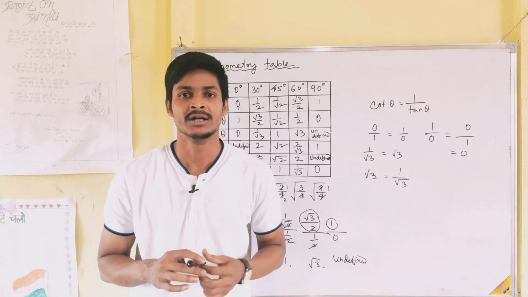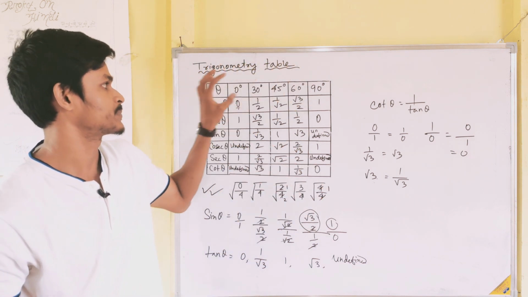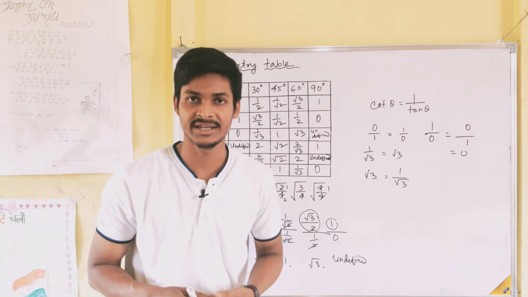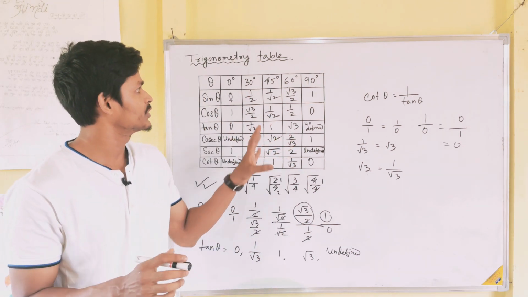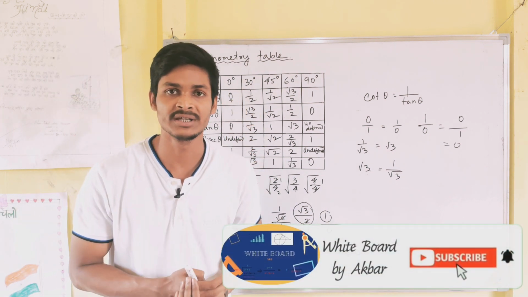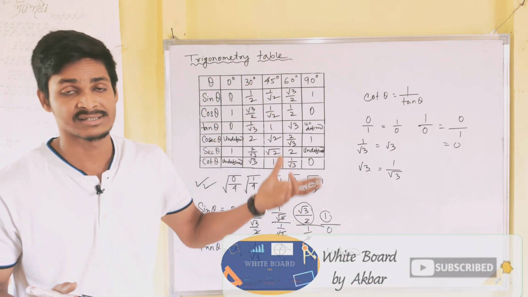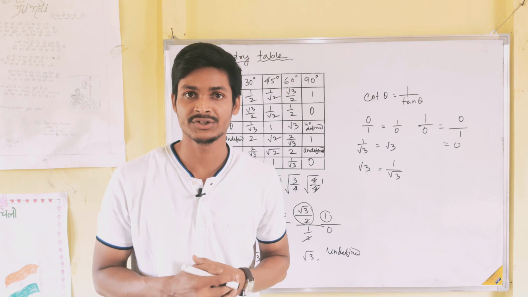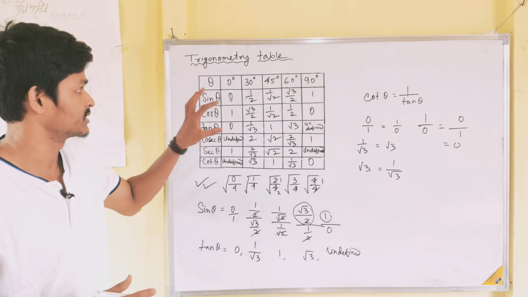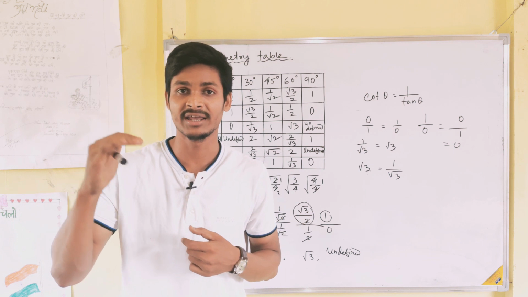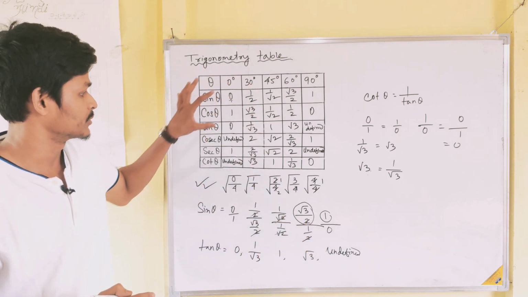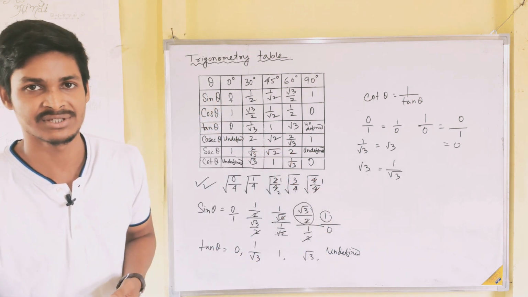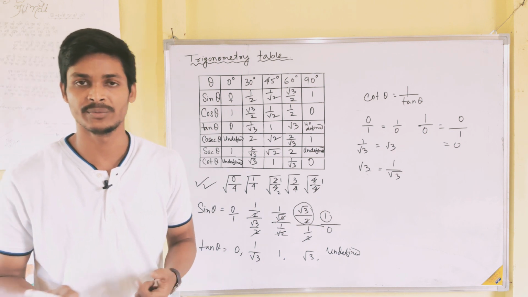You need to remember all the trigonometric special ratios, that is sine 0, sine 30, sine 45, sine 60, sine 90, because you need to remember this trigonometric table for solving maths in exercise 8, that is in chapter 8, as well as in chapter 9, which is applications of trigonometry. Not only for class 10, in your higher classes you also need this. So if you make a table and practice it 5 to 6 times, then you can easily remember all the ratios of the trigonometric table.